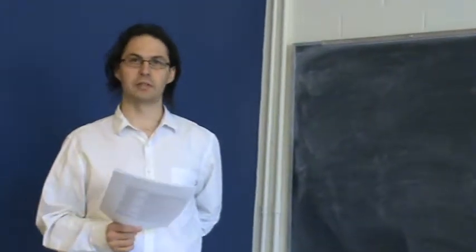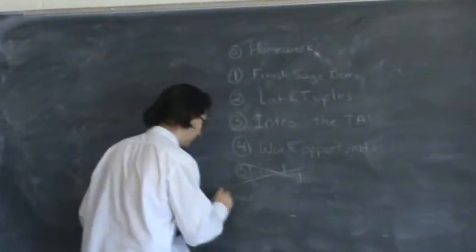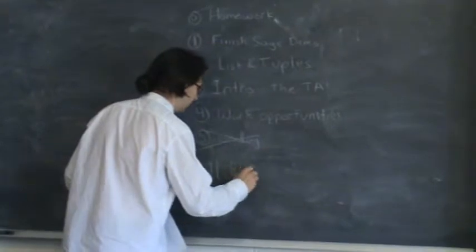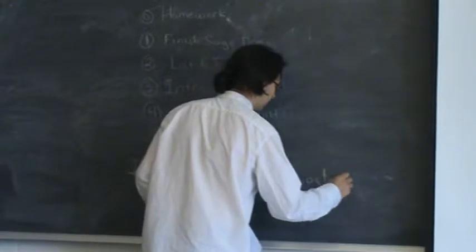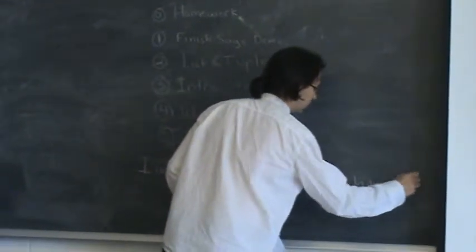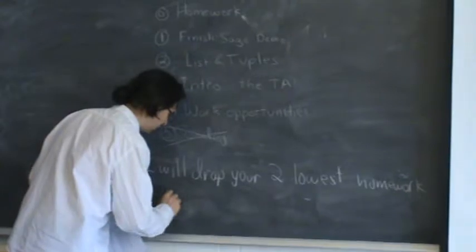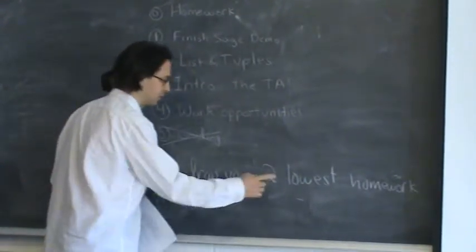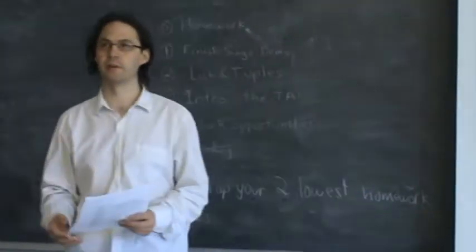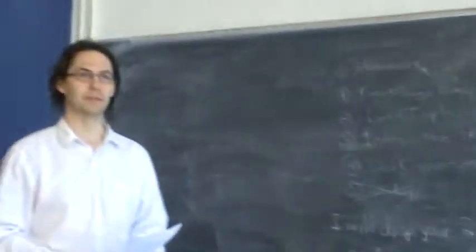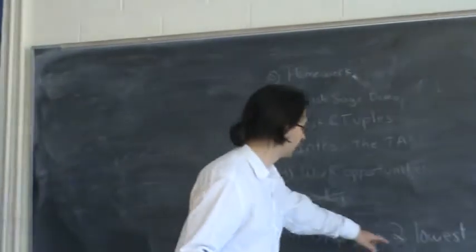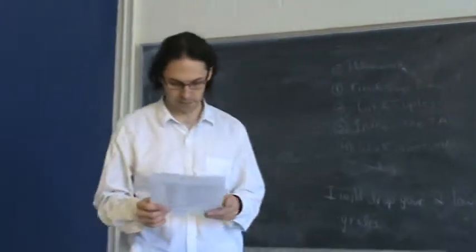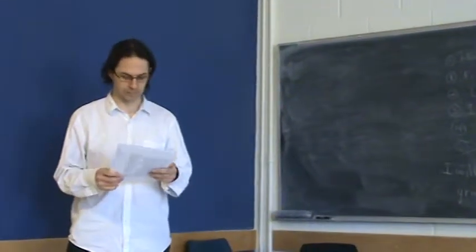The homework counts for a lot. I didn't explicitly say this, but I'll write it on the board right now. I will drop your 2 lowest homework grades. And I'll put that on the website. Sorry for not writing that. What this means, basically, is one of your grades gets dropped because you messed up and did something wrong. The other one gets dropped because you decided not to do the assignment since you had to go traveling or something. So I'll never accept anything late, but I'll just drop the 2 lowest. It's just simpler that way. Of course, I encourage you to do all of the homework assignments.